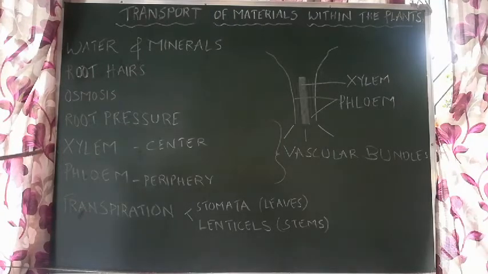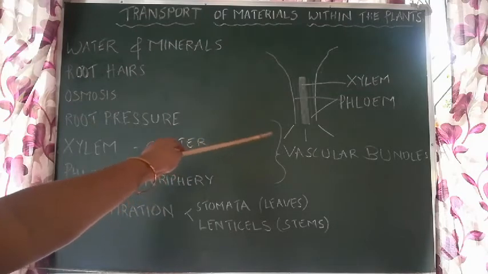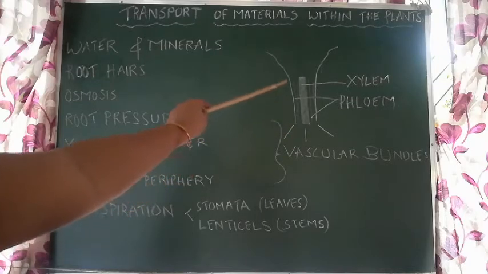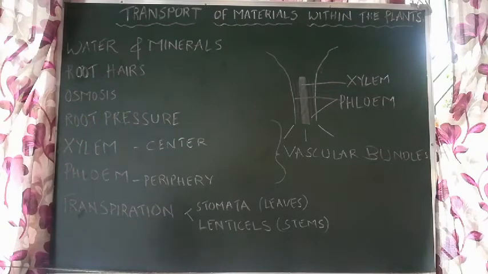Xylem, phloem. So these two are the vascular bundles present inside plants to transport materials within the plants. Xylem is present in the center. It carries water. All the water that gets absorbed from the roots enters the xylem, and that central part, the xylem, moves the water upwards. It carries the water upwards to spread it everywhere, to leaves, stem, fruits, flowers, everywhere.